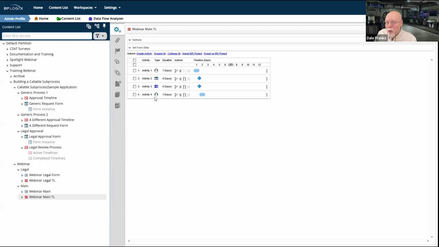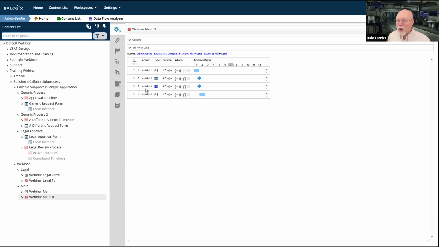The other problem with running something like these sub-processes asynchronously is what happens if legal doesn't approve? What happens if legal comes back and says, nope, sorry, this is not legal. You can't do this. Well, there's no way for me to implement a rewind or a rollback or other sort of branch in my main activity if I'm running the sub process asynchronously, because the operation of this parent process depends on whether or not legal approves it.